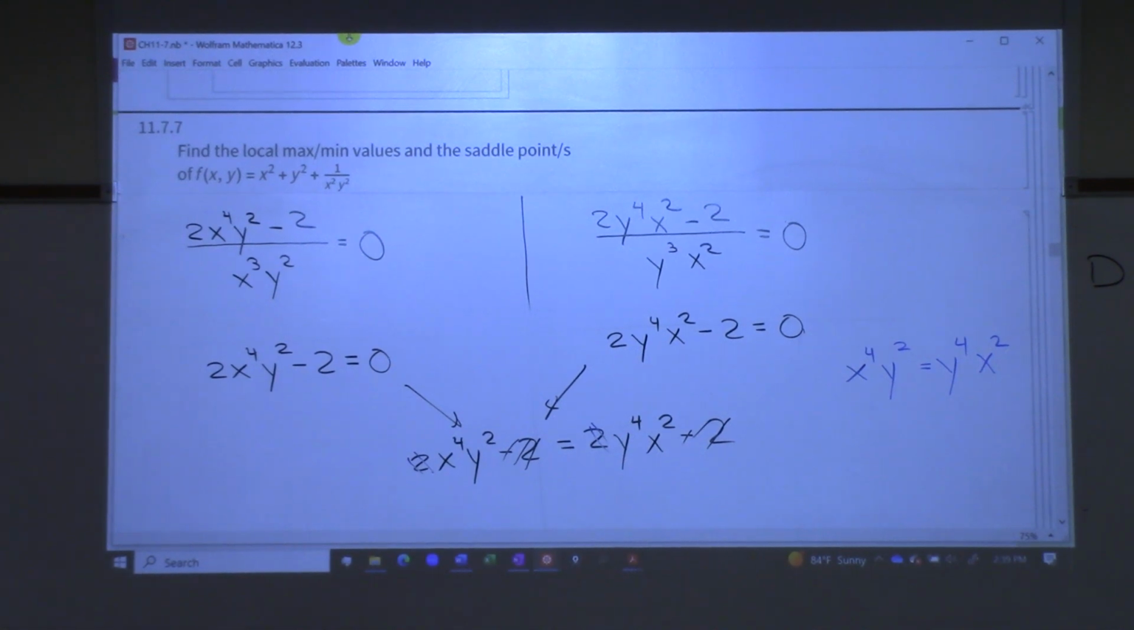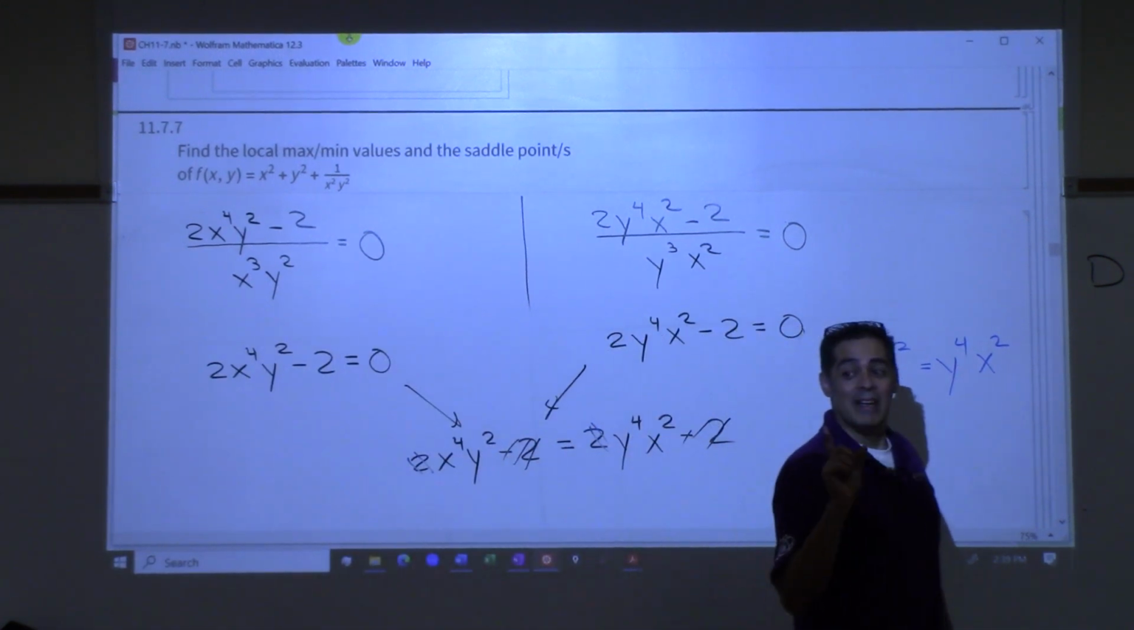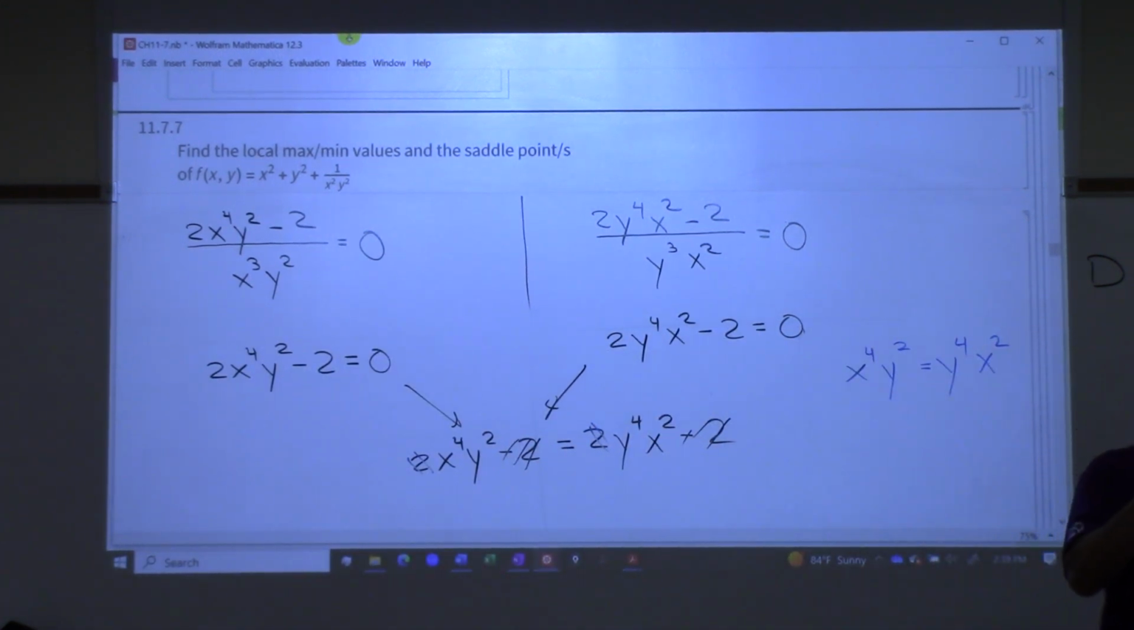Who wants to tell me what the next step should be? Divide both sides by x squared. Don't do it. Don't do it. What do we not divide by, right? Be careful. Go ahead. Subtract. So